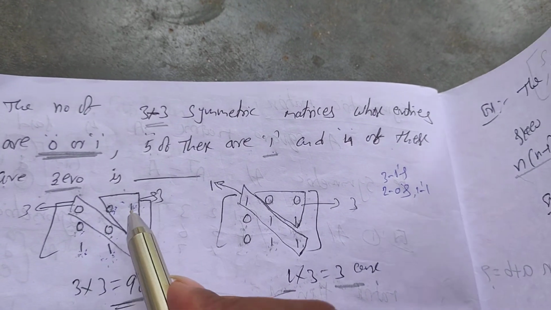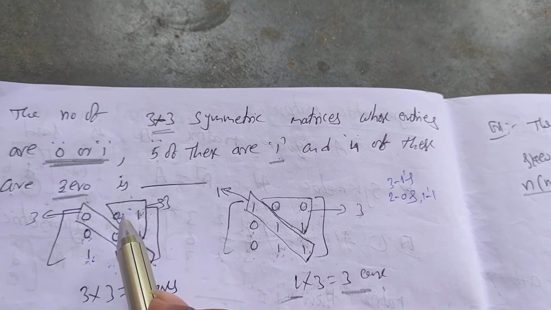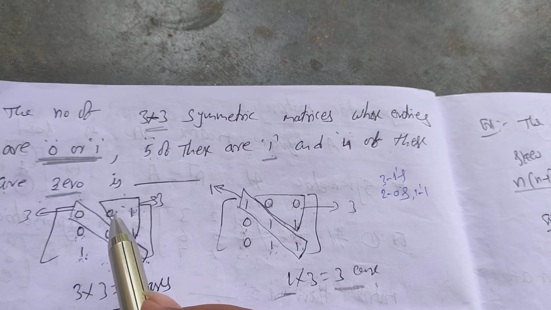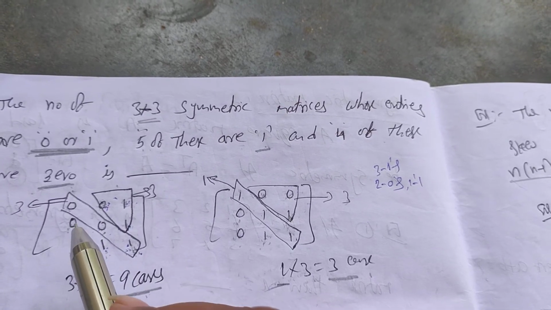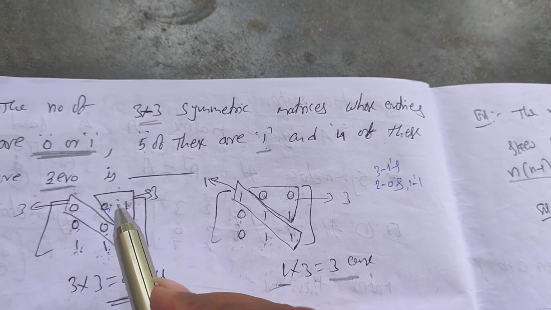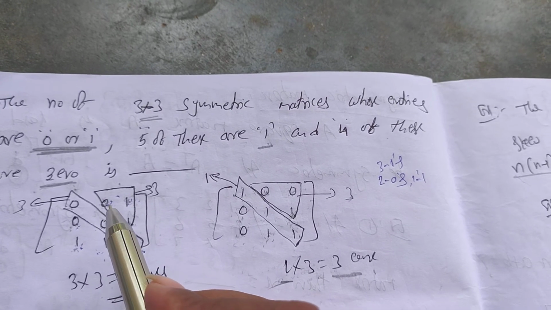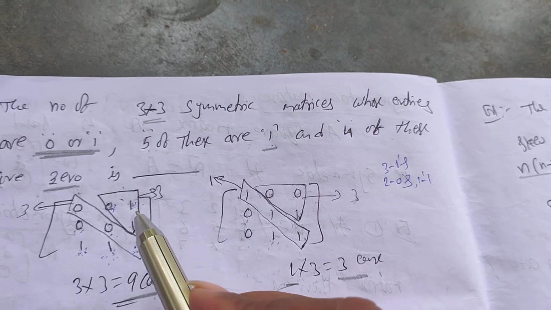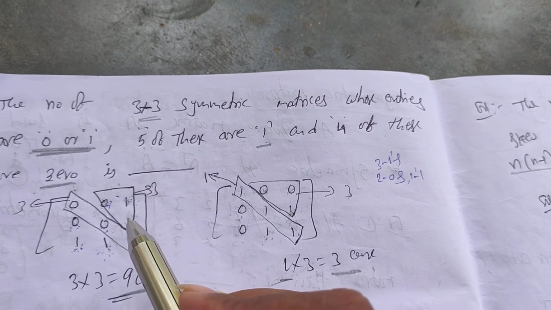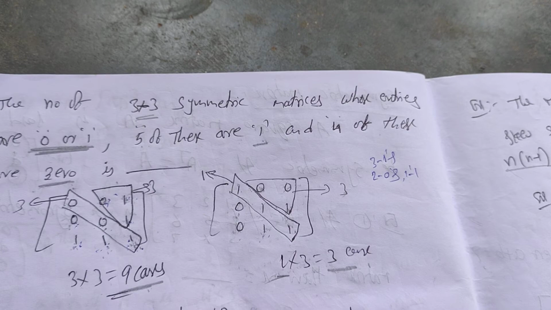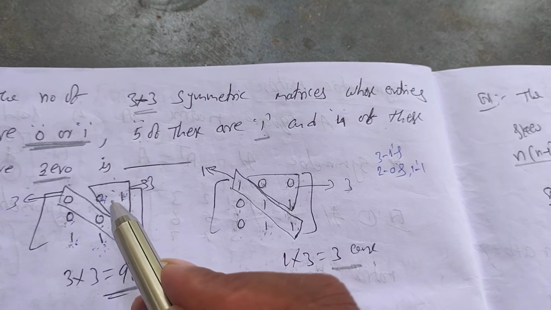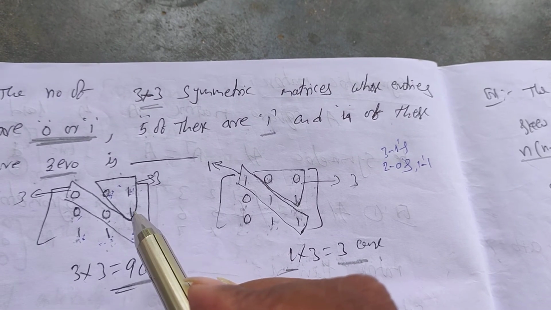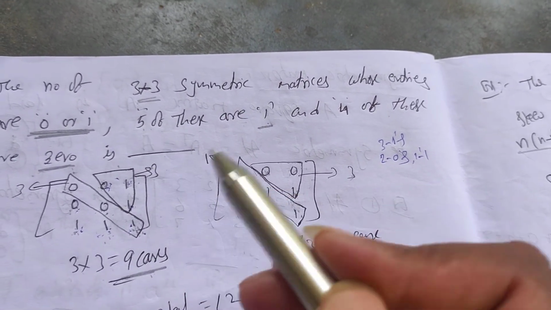So don't consider this, just observe these three places. Actually, two zeros are left over: we have to fill one on this side, and another on the other side. So this side only we have to fill with one 0 and two ones, because four ones are left over. Two ones we fill on this side, and two ones on the other side. So don't consider the other side. We have to fill this side with only one 0 and two ones. That is the important part.